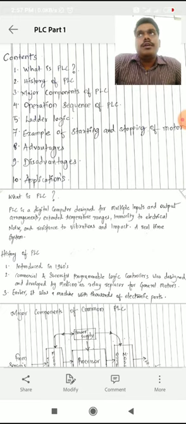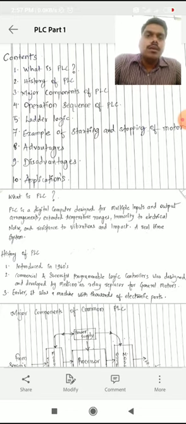Also it helps in handling electrical noise. So if any electrical noise is there in the system, this device can easily capture it and provide information to the admin or the operator who is operating that system. And it is resistant to vibrations.